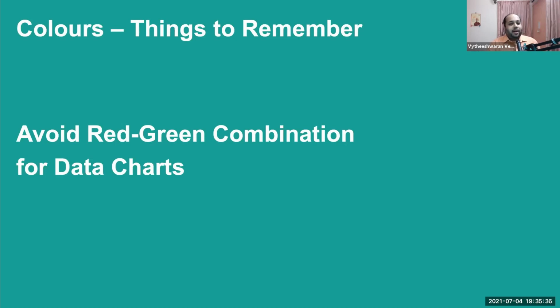So one of the things that I would like to advocate whenever I make presentations is to make sure that your presentations are accessible for differently abled people. There are a lot of people out there, a large population of people who are suffering from color blindness. They don't have the ability to really differentiate between red and green so effectively. So if you're going to use a red and green combination in data charts, and when you're going to be talking about data, it's going to be very hard for them to process.